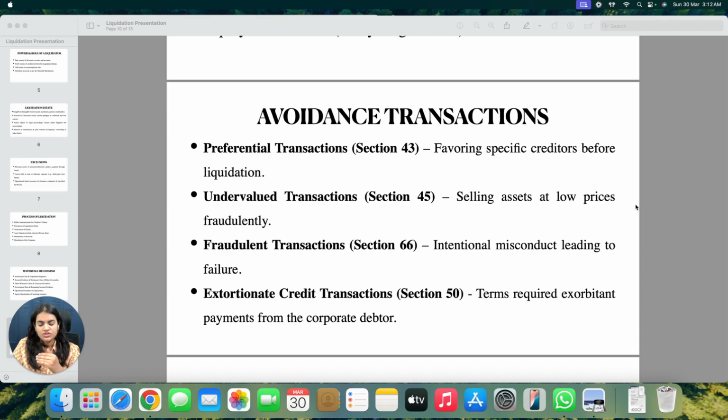then the creditors of the corporate debtor may identify such transactions and make an application to the adjudicating authority. So once such creditors make an application, the adjudicating authority will decide the avoidance transactions on merits, and they will issue directions to the Insolvency and Bankruptcy Board to initiate disciplinary proceedings against the resolution professional or the liquidator as well.